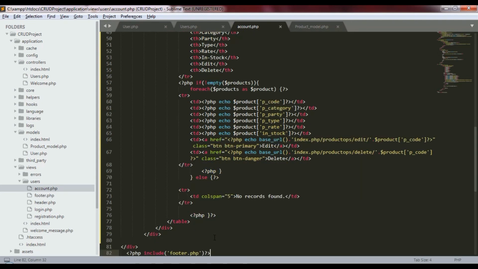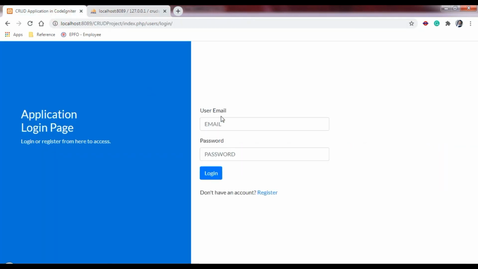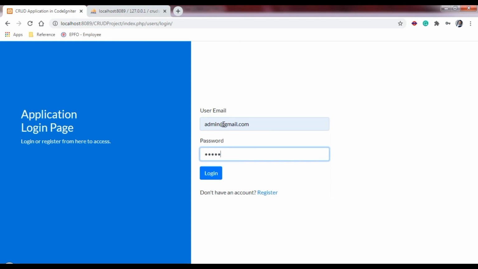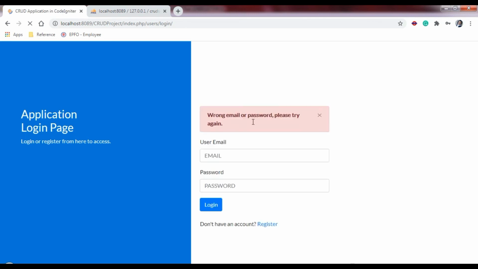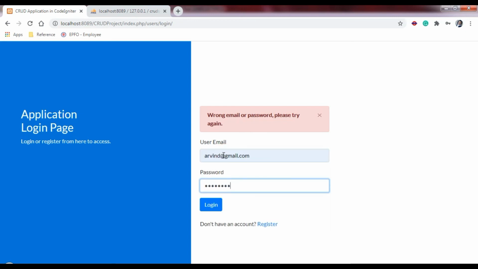So this much only in this video. So let me run it once again for you. Whenever my login is successful, then we will see the data. If it is not successful, then we will get an error about the email and password, please try again. So let me log in with the correct user, and as it logs in, it will